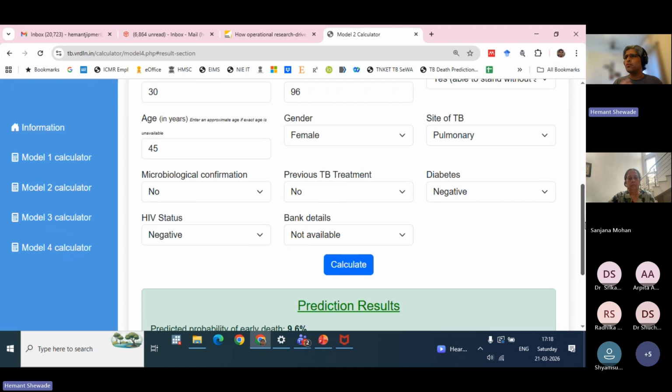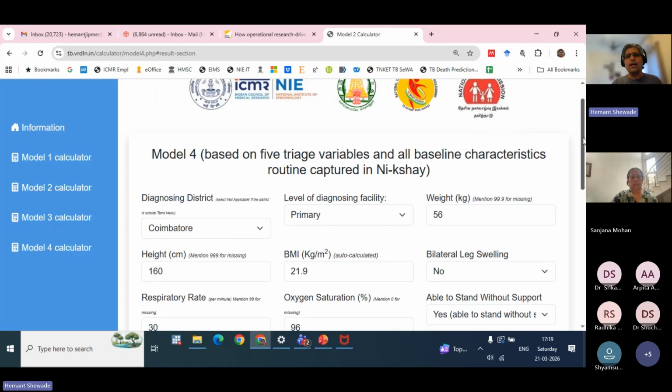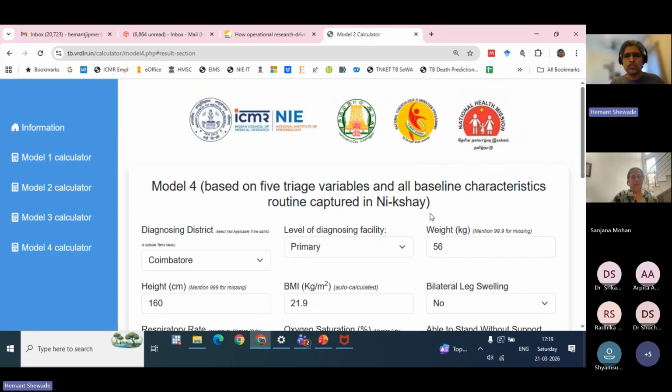So you can say what proportion of patients in my district who were notified in the last quarter will have a death rate of above 8%. So that many beds you would require. Do you have that many beds with you? If yes, keep 8% as the cutoff, or just decide based on your baseline death rate. If it is 2 times beyond the baseline death rate and we are able to admit those many patients, you can choose that as the cutoff. So this is the TB death prediction calculator that we have developed. Over. Permit me to stop screen sharing.